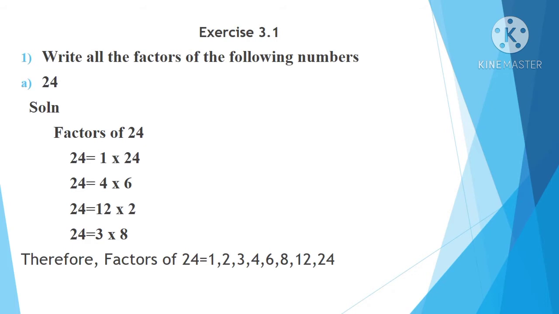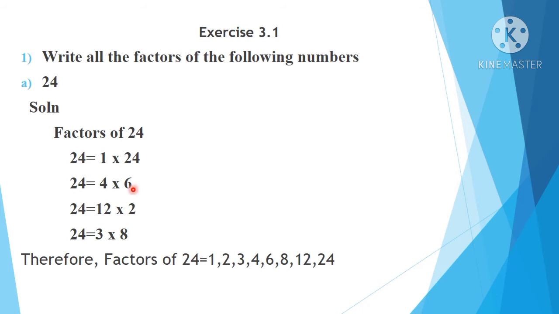So now we got 1 is a factor of 24, the number itself, 24, is also a factor of 24, 4 is a factor of 24 and 6 is a factor of 24. They are asking to find all the factors, so we want to find the remaining factors. 12 twos are 24, so 24 is divisible by 12 and also by 2. Then one more factor: 3 eights are 24. If you know the multiplication table thoroughly, you don't need to divide; just check the tables and you can write the factors. So please learn the multiplication tables, okay?